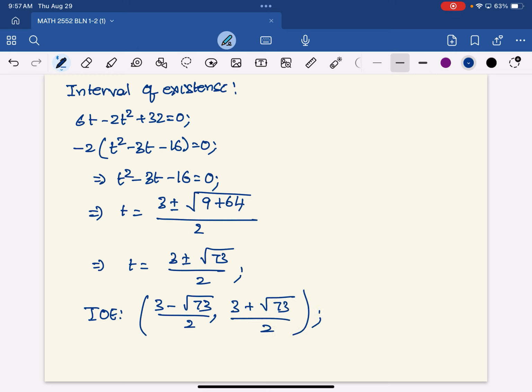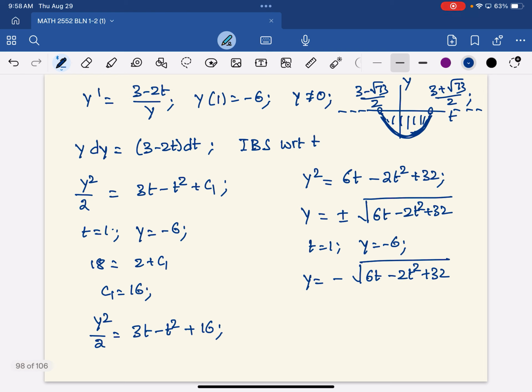For these values of t, I have a unique solution. If I go beyond these t values, I will not have a unique solution. Is that clear? Make sense? Why is it not inclusive of the endpoints? Because